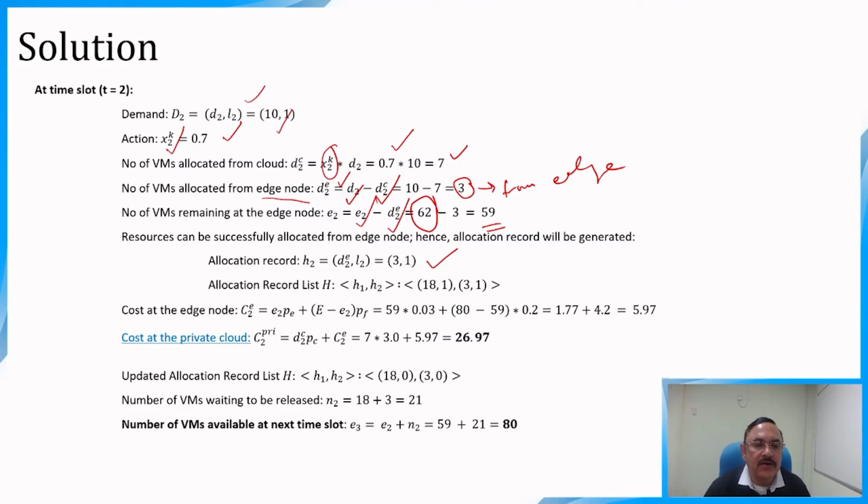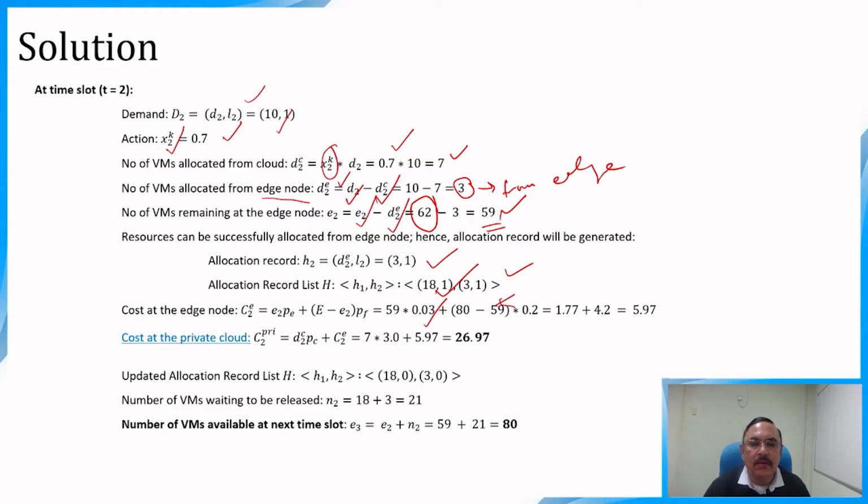In this manner, the allocation record now will have 18 1 and 3 1. Now, the cost of the edge will be E2 P_e plus E minus E2 multiplied by P_f, that is E2 is 59, standby cost is 0.03, plus 80 minus 59,